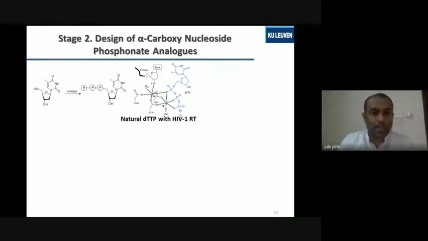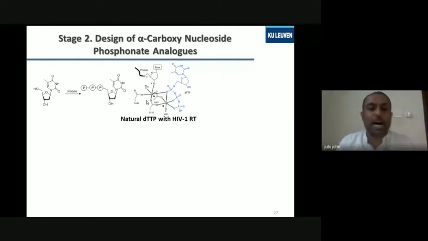For that, we looked at the complex of deoxythymidine, which is a building block of DNA. We looked at its binding with the reverse transcriptase enzyme